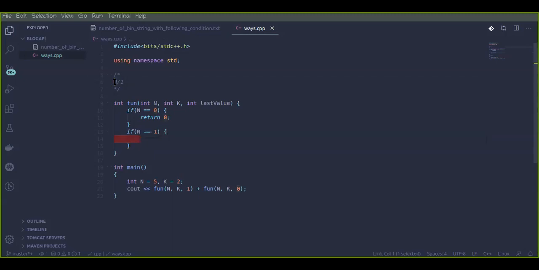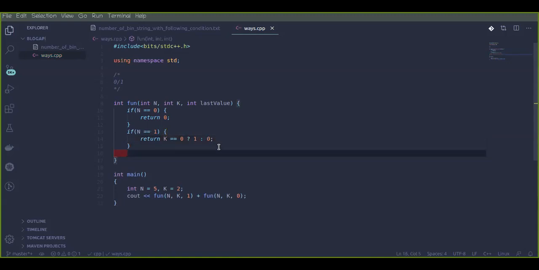So for n equal to 1, one value, as you can see, is 0 already, so it will give me the result k equal to 0, isn't it? And if the k value is more, like 10, 20, 30, 40, 2, 3, anything, it will not give me any result. That is why if k equals 0, then only we will return 1, otherwise we will return 0.